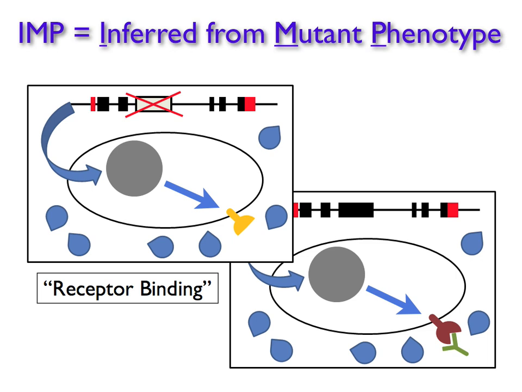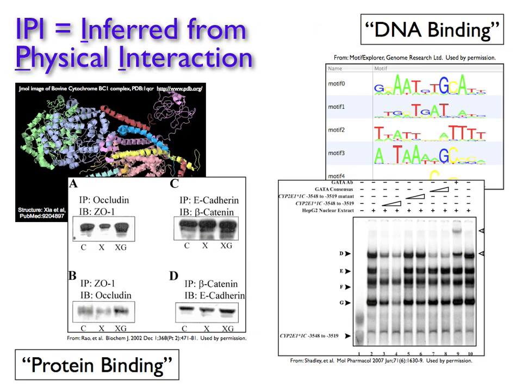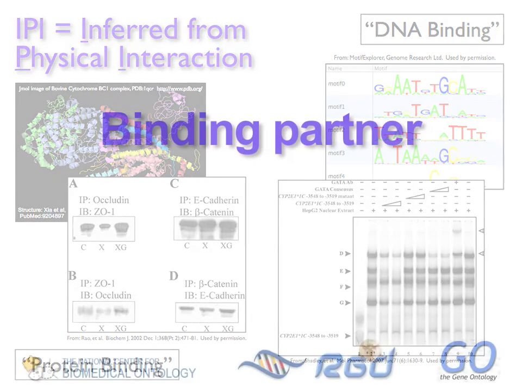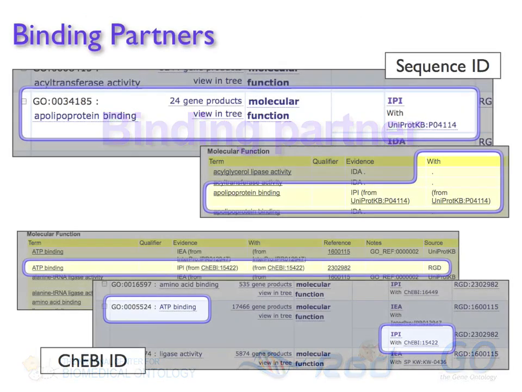In this case, mutant is used to designate a general non-normal phenotype rather than necessarily referring to an actual nucleotide mutation. When a gene or gene product has a Go term for a binding activity associated with it, often the evidence code that's used is IPI, or Inferred from Physical Interaction. This means that an assay which specifically demonstrates the interaction, such as a classical binding assay, co-purification, or a co-immunoprecipitation, was used. In such cases, the annotation often includes an identifier for the binding partner, such as a sequence ID